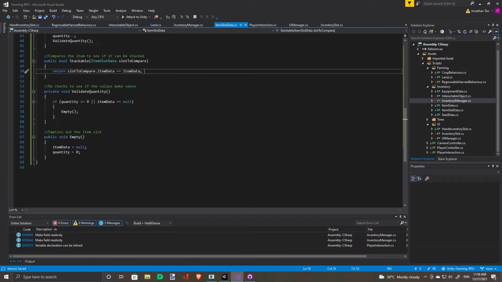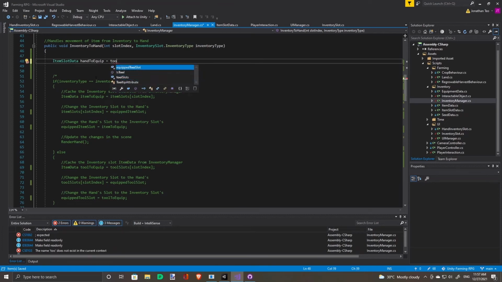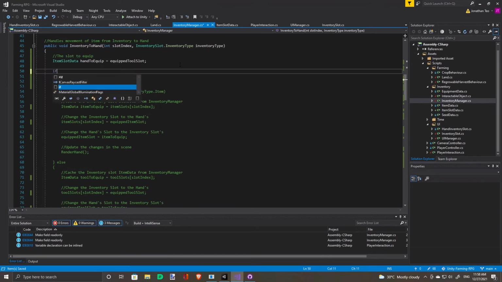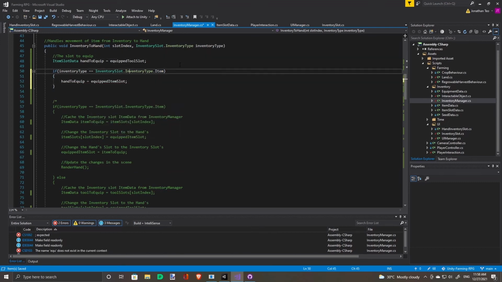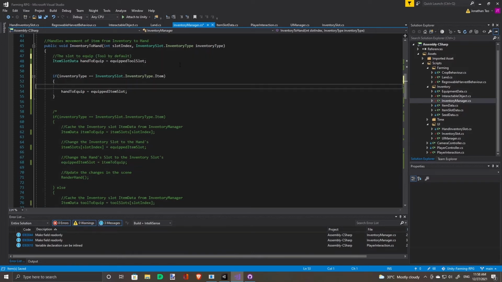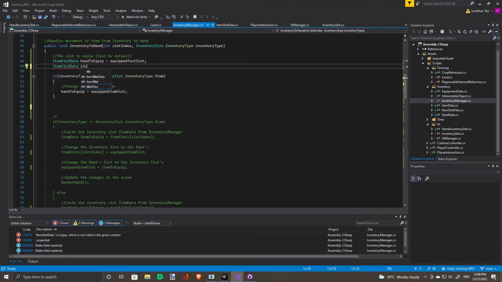Let's go back to the Inventory Manager class. In the Inventory to Hand function, we declare a variable for the hand slot we want to equip it to. Since the hand slot can only either be the item hand slot or the tool hand slot, we use the inventory type to determine which slot we're supposed to be working with. So by default, it's the tool slot. Otherwise, if it's an item, then it will be the equipped item slot. Likewise, we also need to keep track of the inventory slot that we're moving to the hand.